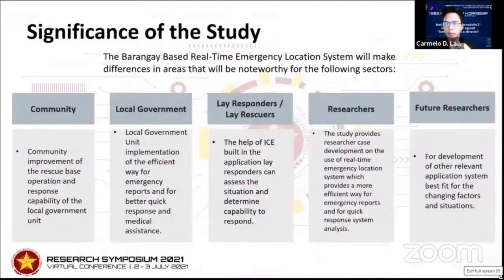For the significance of the study, the barangay-based real-time emergency location system will make differences in areas that will be noteworthy for the following sectors. For the community, this incorporates the people within the Barangay Tumana, Marikina City, an improvement to the rescue-based operation response of the local barangay units that will guide its community to safety.